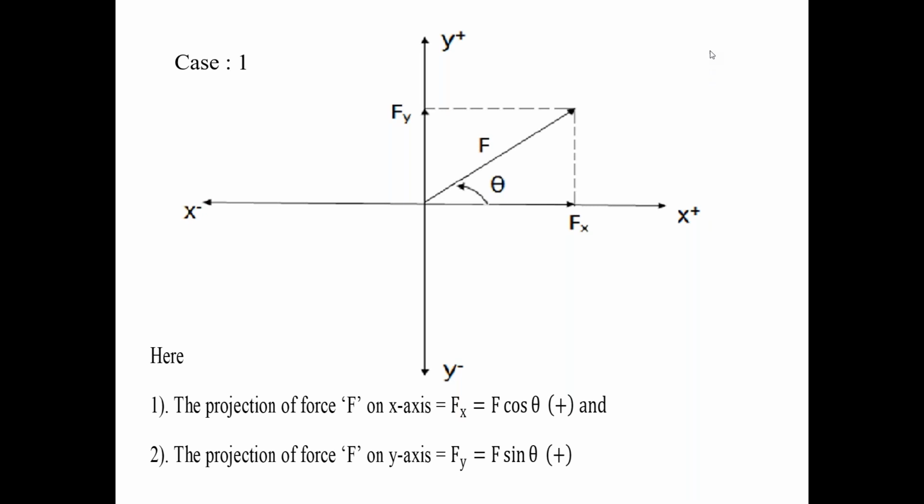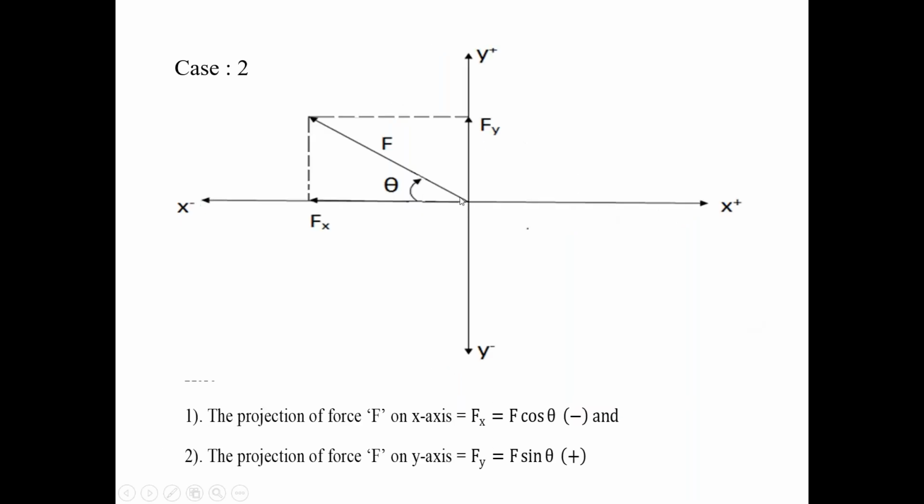Now coming to the second condition. This is the first condition. Now coming to the second condition. In condition 2, that is case 2, the force F is in the second quadrant. Check that condition 2 on your cell phones. The force F is in the second quadrant. F is the force magnitude. Here also in the second condition, with x-axis the force F is making the angle theta. So check that second diagram, condition 2. Here the force F is in the second quadrant, and with x-axis the force F is making the angle theta.